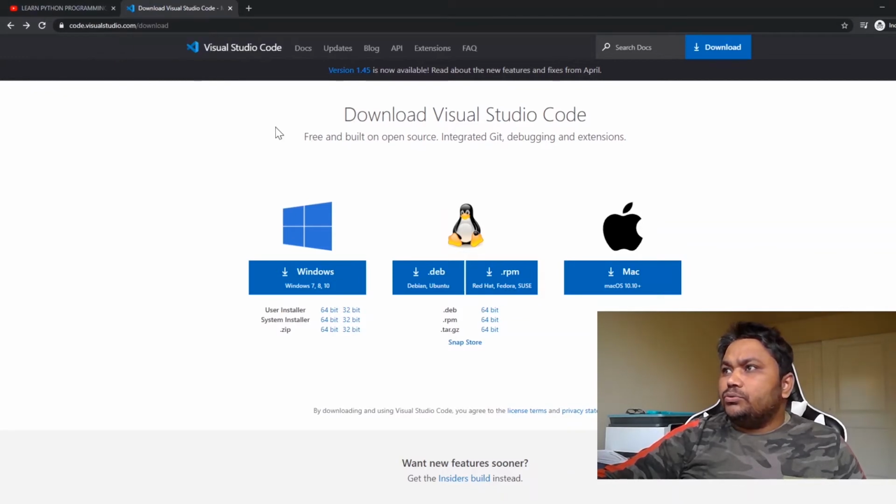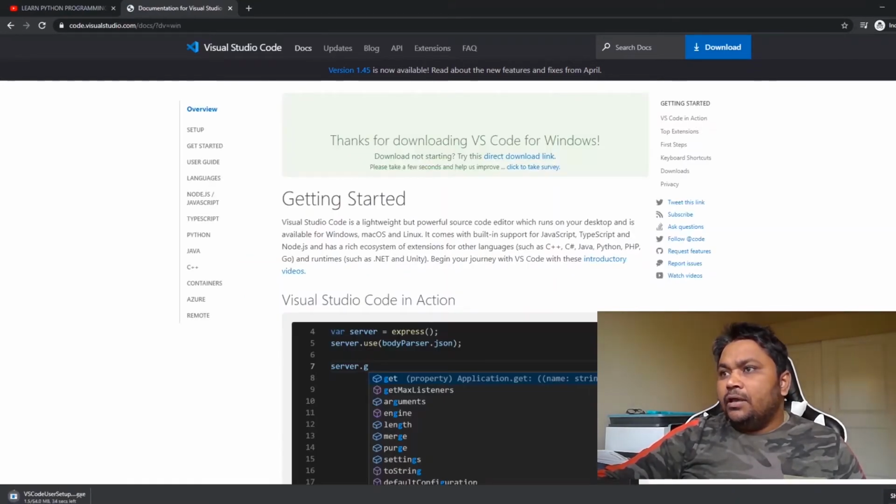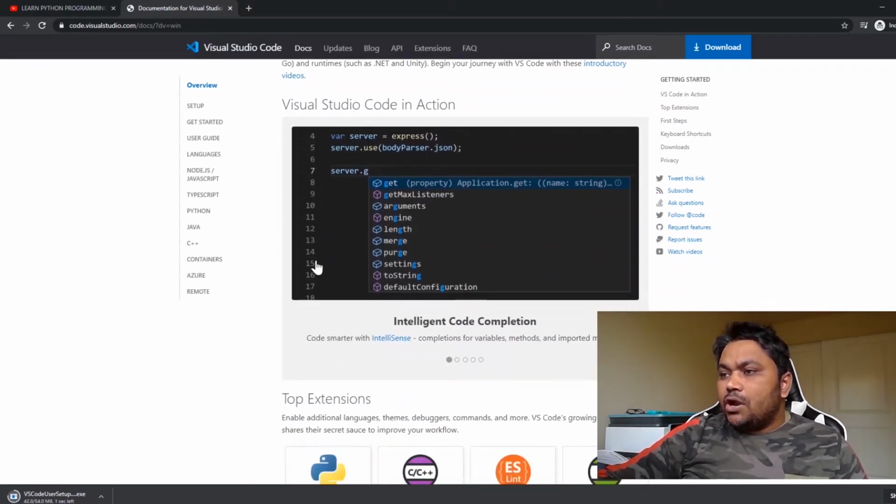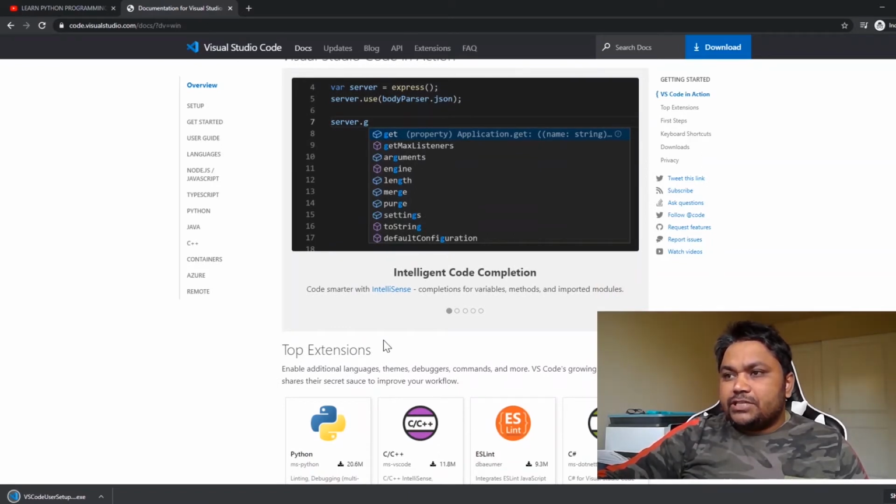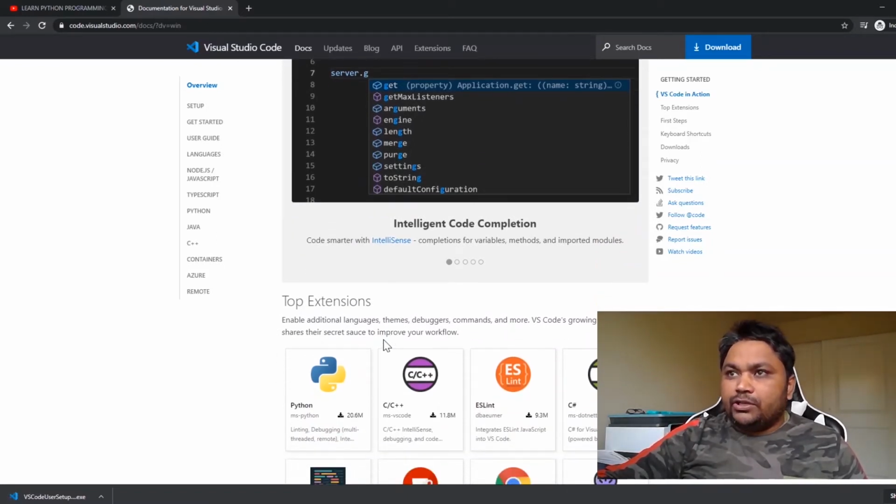As you all know, Visual Studio Code is open source and mostly contributed to by Microsoft. It is one of the good IDEs we have, and it is free of course, and you can install it on Windows, Mac, as well as Linux. There are a lot of good things built into this IDE. It is an extension-based IDE. You can have an extension for Python and run Python applications. You can have an extension for TypeScript. You can have an extension for Node.js.